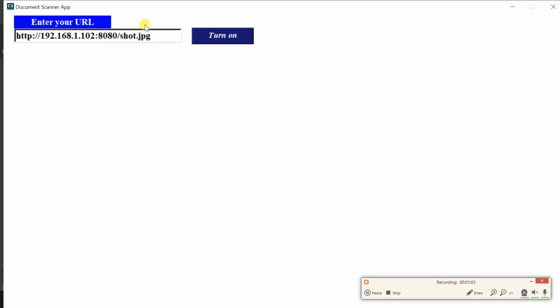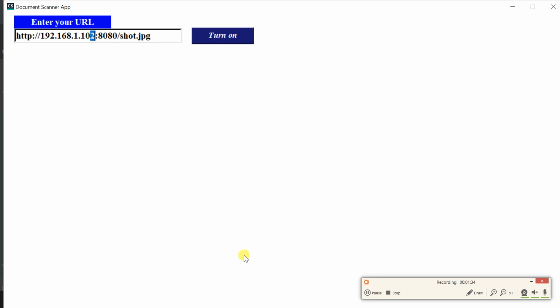Now you need to enter your URL. What's happening here is that your laptop doesn't have a powerful camera or webcam. So what I am doing is accessing my mobile camera with my Python code. I need to have the IP Webcam application on my mobile, and I need to create a local server. My laptop and mobile should be connected to the same network.